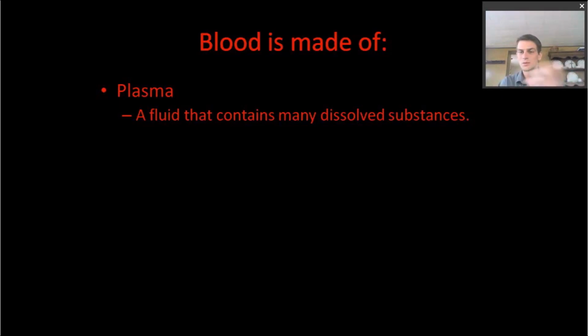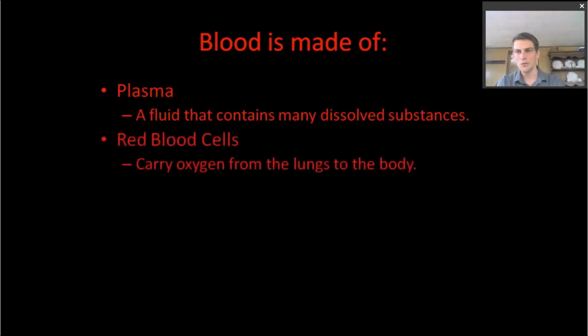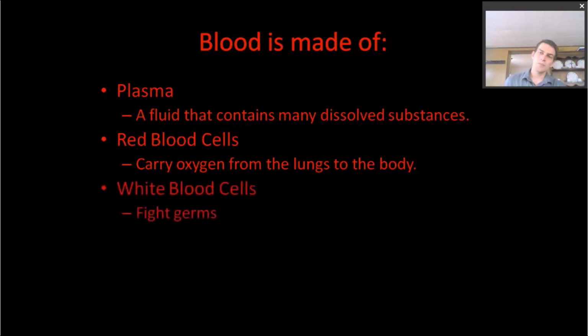But then also, of course, we have red blood cells, and this is what we're probably most familiar with in our blood. And their main role is to carry oxygen from your lungs to the cells in your body. And they are very plentiful, as you probably saw from the microscope activity. If you look at a blood smear under the microscope, you see mostly red blood cells. And that's because we need to get a lot of oxygen to all our cells to keep them working properly. But we also have white blood cells, which you were able to see in the microscope activity as well. Now, the white blood cells in the activity looked purple, I think because they were stained.